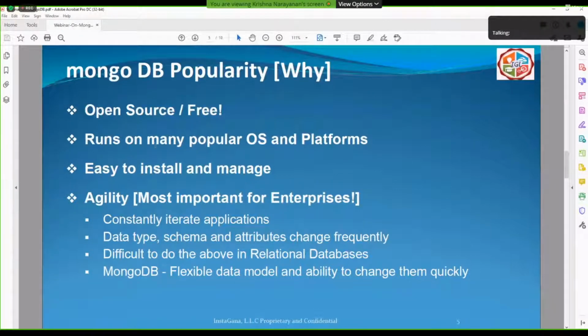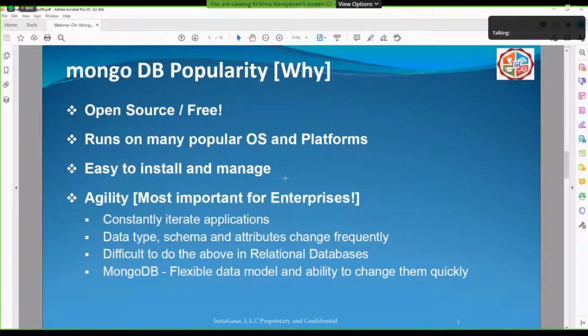And like I mentioned, it runs on many platforms. So more people can use it because people are on different computers, different platforms. It is easier for them to use, and it's easy to install and manage. I'm sure some of you would have tried. You will agree with me that it is just a simple installation, and then a few commands. You can create a database and you can import your data. It is so easy to do, and even to write programs to access the database. You can write MongoDB access programs in 5 lines, 10 lines of code. That is nearly impossible if you think about doing it on the traditional relational databases like